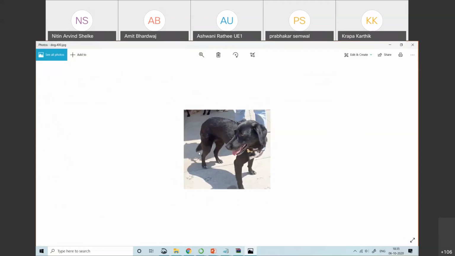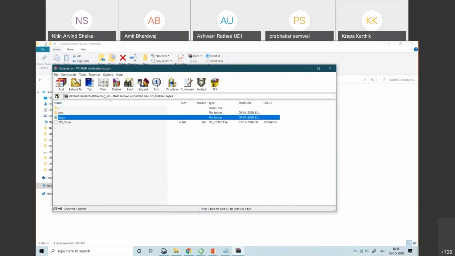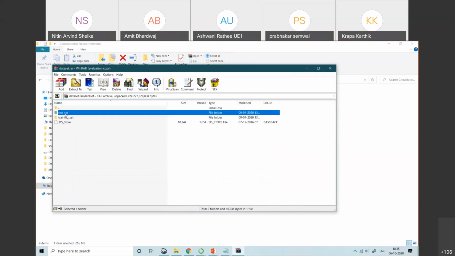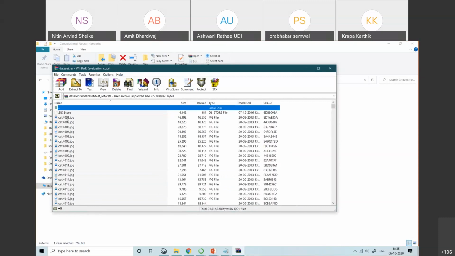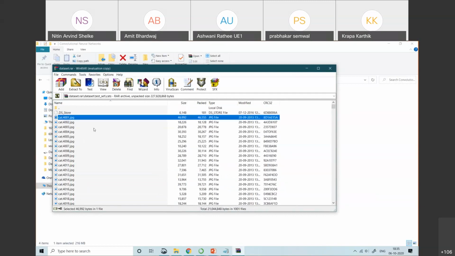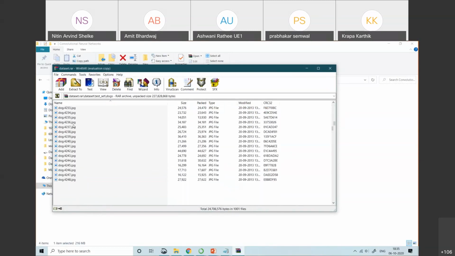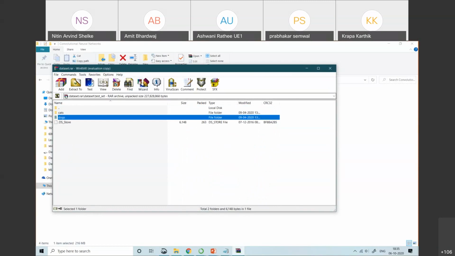I already told you, a deep learning model needs a lot of data. Whenever you want to create a deep learning model, you need a lot of data. So this is your training data set, and as part of the testing data set, we have the remaining 1000 images. 1000 in the cat folder and 1000 in the dog folder.